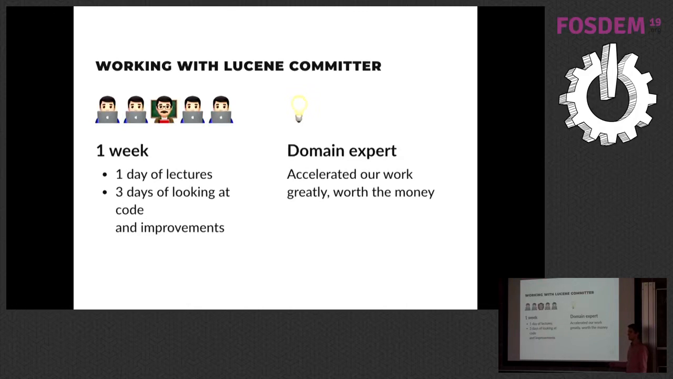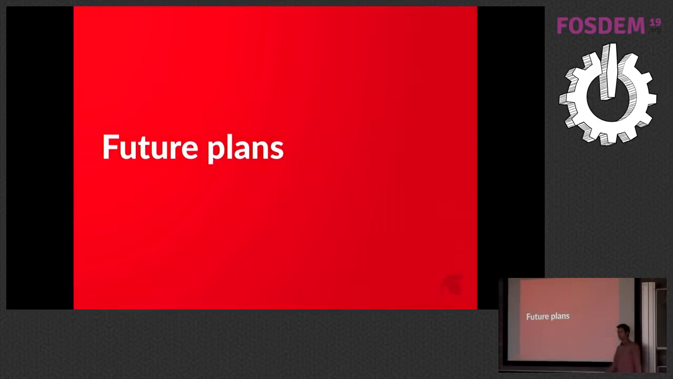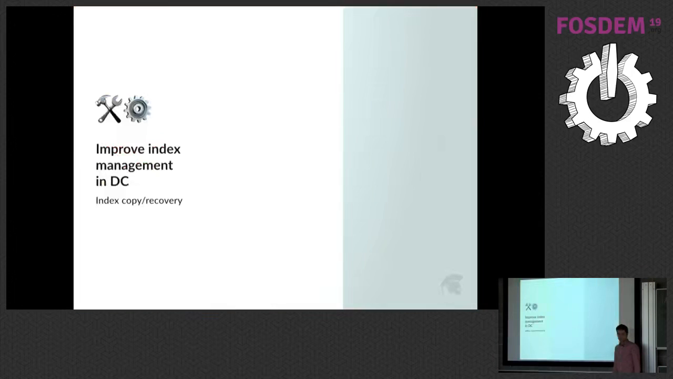And this is something that we wouldn't have known if we hadn't spoken with Uwe. And we probably would have fallen into that trap. In the future, because Jira is much better now than it was, but it's always constant work to improve it, we want to improve the way we manage the index in DC. So when you have multiple Jira nodes, so instances of Jira which share one database, but they have their own local indexes,